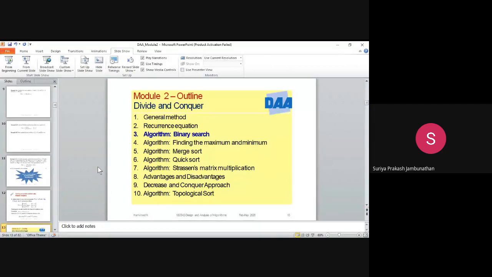Until now we've seen the general method and recurrence equation, and this is the starting of algorithms. From here you have to concentrate carefully, because any one of these algorithms may be asked as a question in the VTU examination: binary search, finding the maximum and minimum, merge sort, quick sort, matrix multiplication, decrease and conquer approach, or topological sort. So you have to be very attentive.